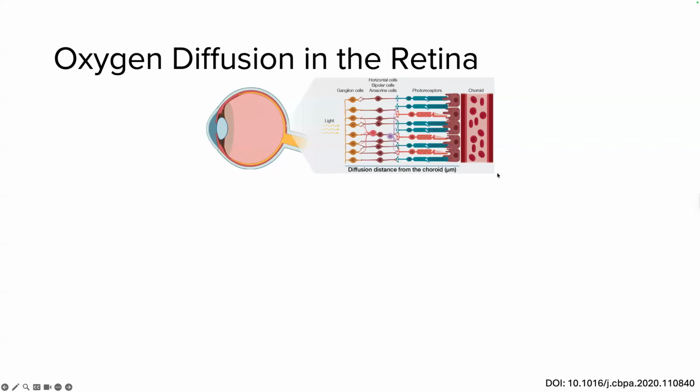So for most animals, they only have a choroid in the back that delivers oxygen throughout the retina, where the same diffusion limitations apply as in other tissues. So that means that there's probably a limit to how thick you can